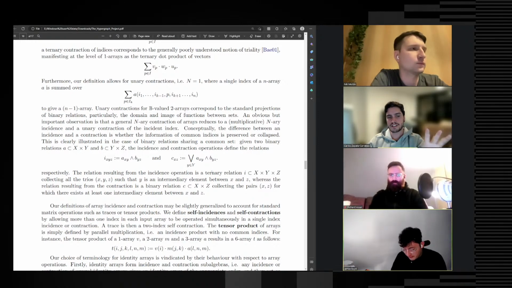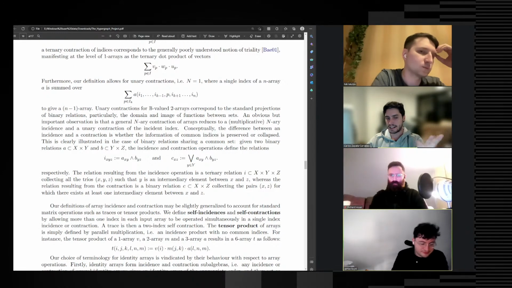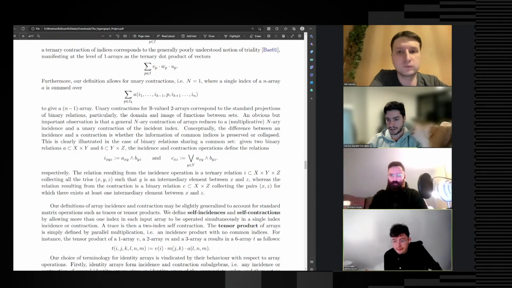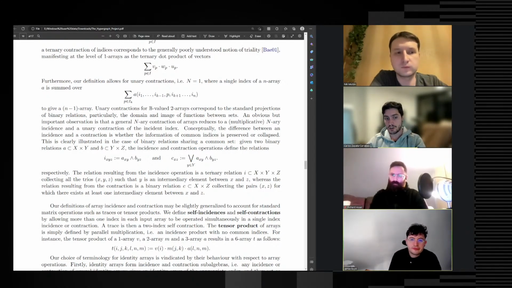Exactly. This is fair enough. It kind of comes for free. Yep, it comes for free with the definition of the structure, right? The moment you define it, there are no further choices to be made. Once you set up that your hypergraphs are this definition, all these operations come for free in the sense that